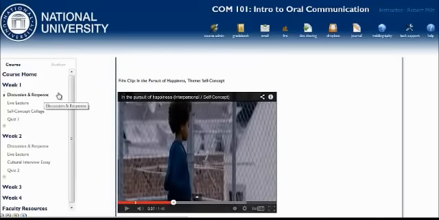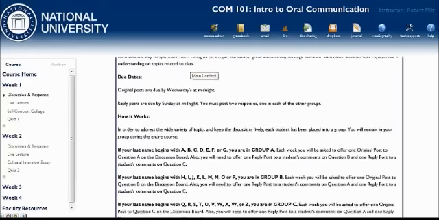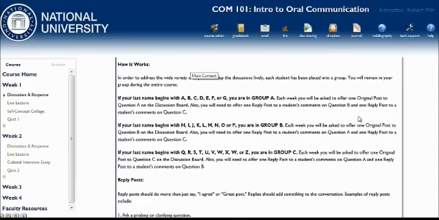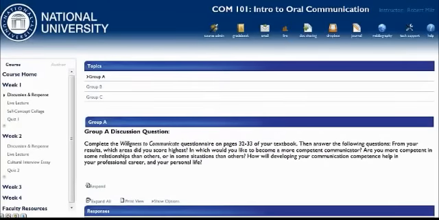There is also a discussion and response for every one of the 4 weeks of the class, and the way that works is that you will be divided into either group A, B, or C, depending on the first letter of your last name. So for example, if your last name is Adams, then you are clearly in group A, and you will go to group A here,